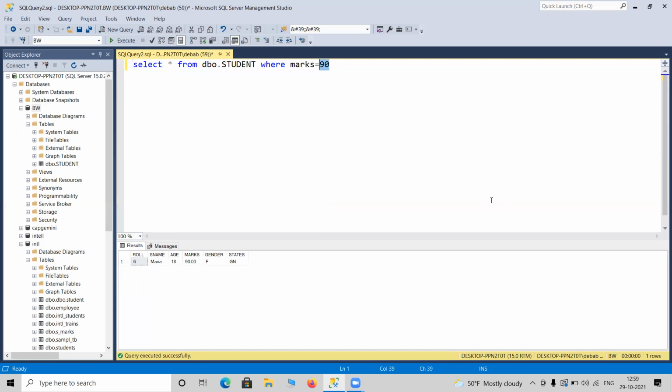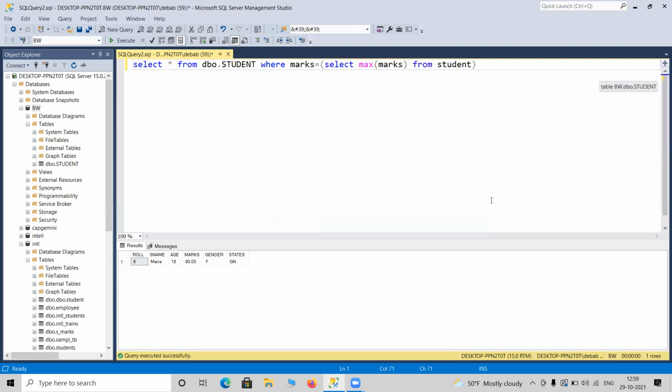Here, out of these 10 rows of data, it is possible. But in your real database, you are going to have a few thousands or a few millions of rows. So what can you do in that case? Should we go for a manual check? It is laborious, and it will never be advised to go for a manual check. So here, instead of 90, I can write a query. Just put a bracket because this query should be executed first. So I can give something like select max mark from student.